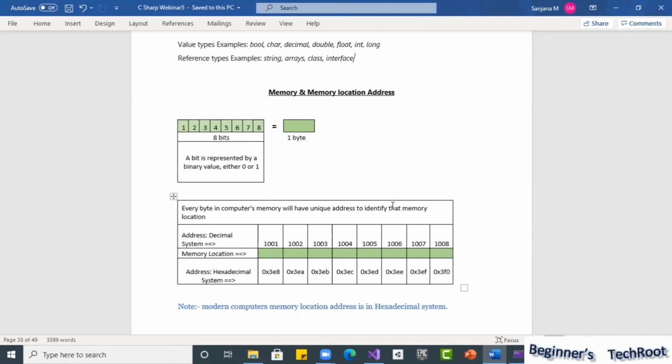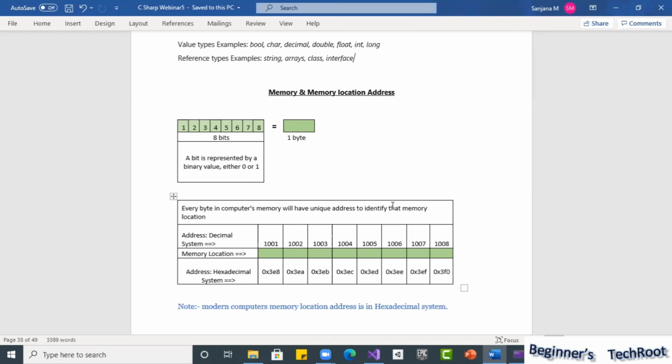The computer memory stores only bits. A bit represents a binary value; it's either 0 or 1. That's all it can hold. But to store our values, at least one character, the minimum is 1 byte, which is nothing but 8 bits together.